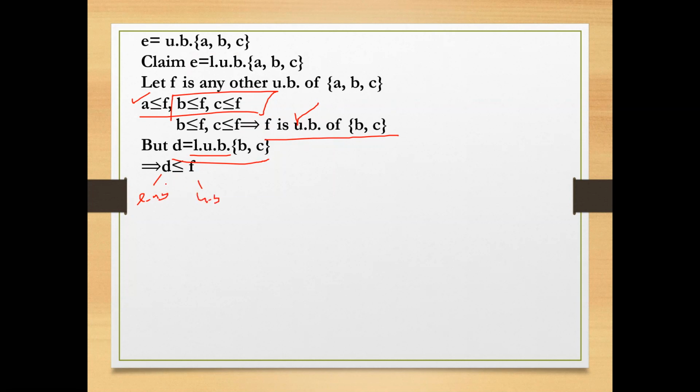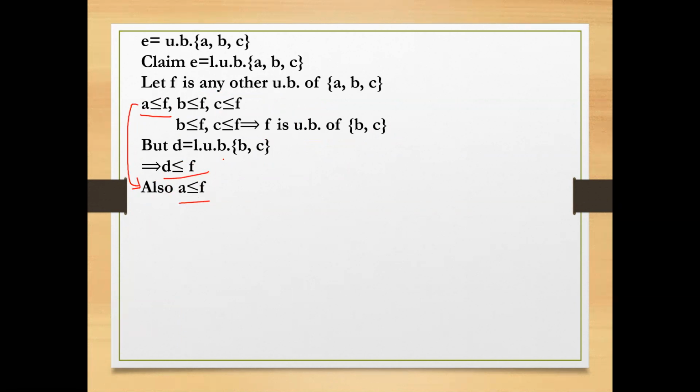So we all know that the relation between least upper bound and upper bound will be, obviously, least upper bound will be less than or equal to upper bound. That's why we have D less than or equal to F. Now, the A less than or equal to F that we had not used earlier, we are now going to use. Now we have A less than or equal to F and D less than or equal